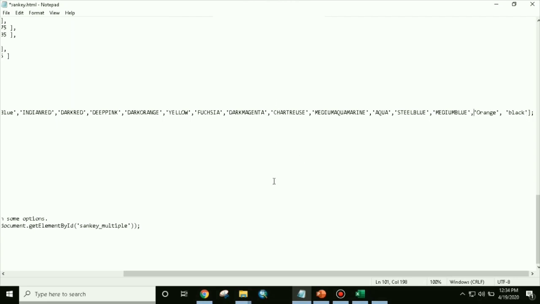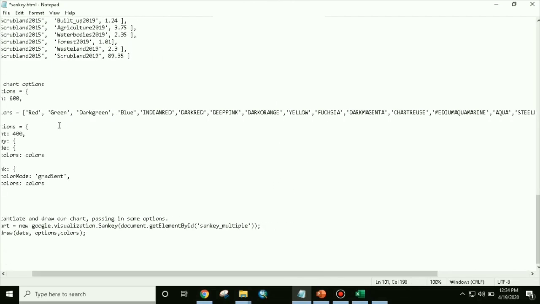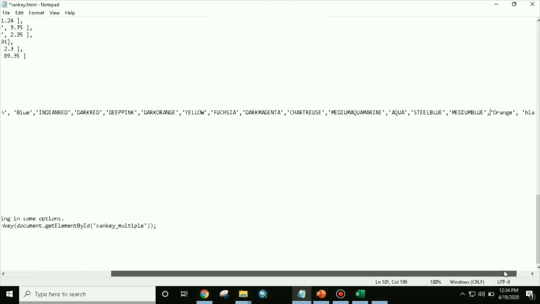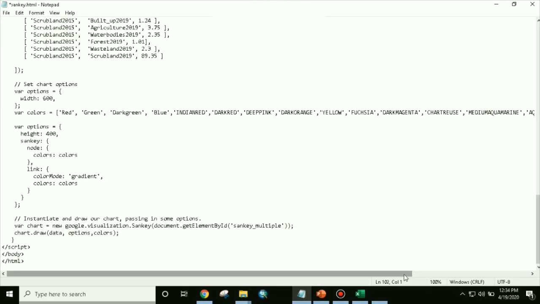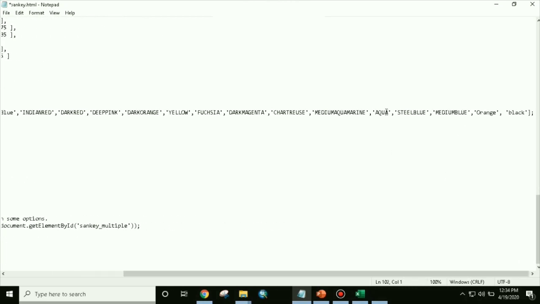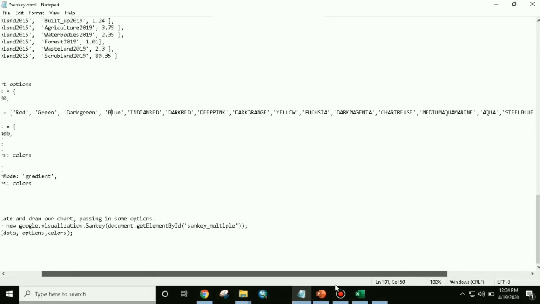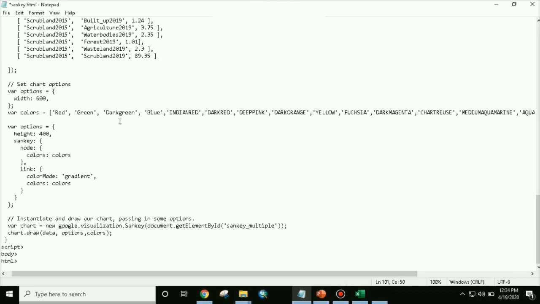So total how many colors? 1, 2, 3, 4, 5, 6, 7, 8, 9, 10, 11, 12, 13, 14, 15, 16, total 18 colors.